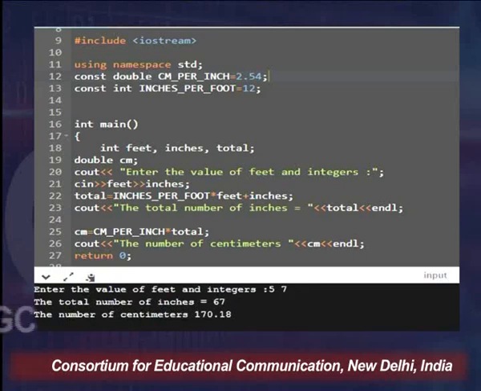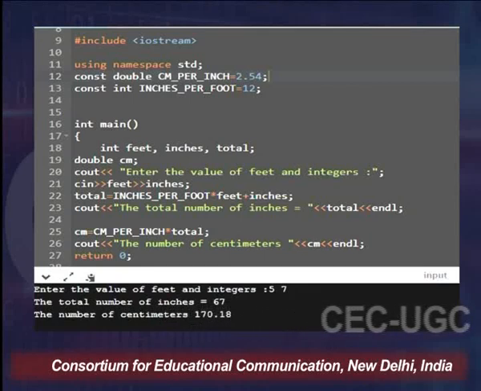Just by pressing the return key you can come back to your original program. This screenshot shows how the program gets run.